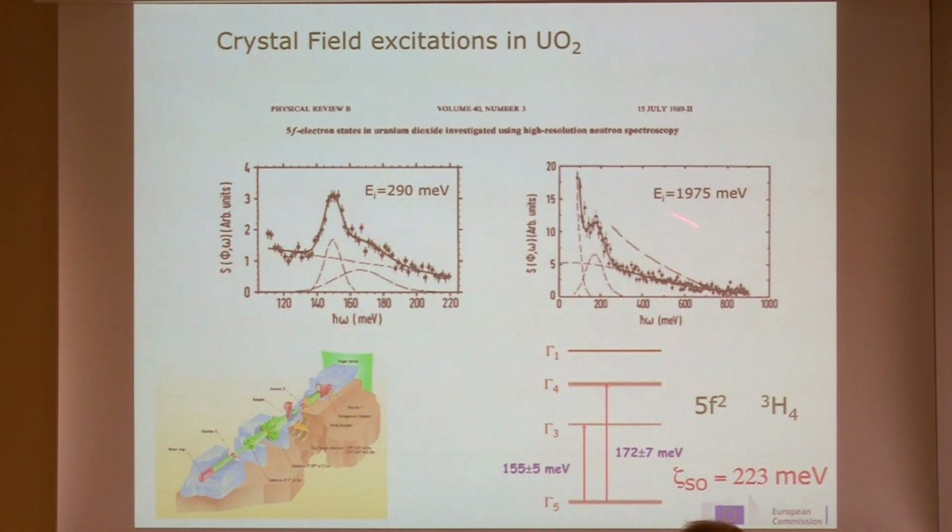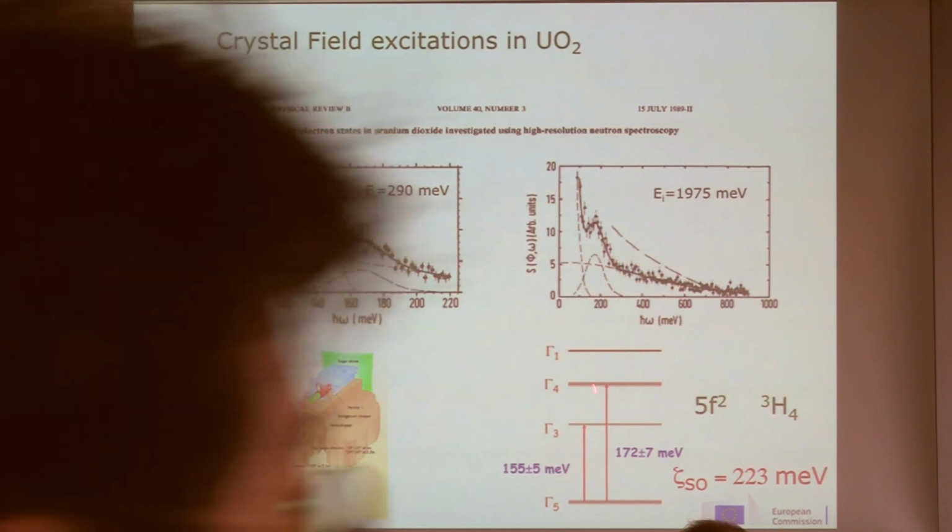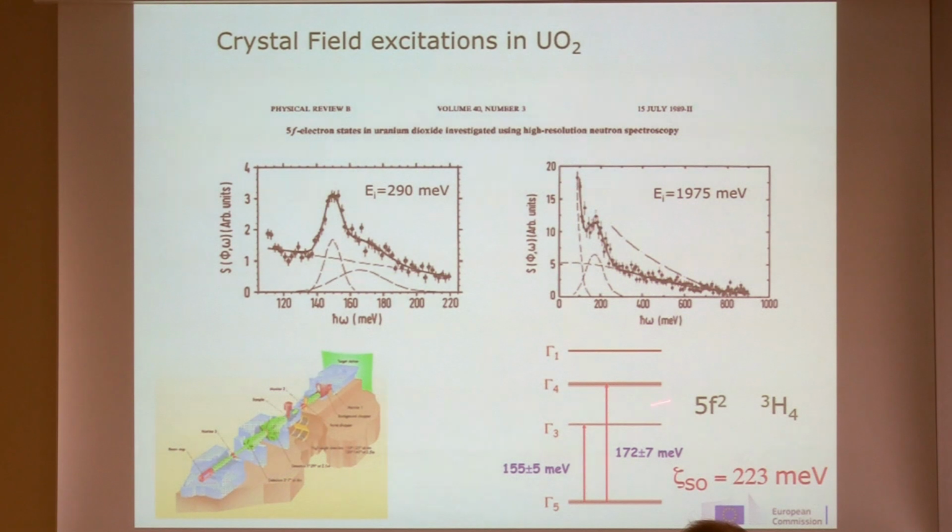So this was interpreted with a crystal field potential leading to a gamma-5 ground state, a gamma-3 triplet at about 155 milli-electron volt, and then a gamma-4 triplet and a gamma-1 singlet. The spin-orbit coupling in this system is 223 milli-electron volt. This was determined first from optical spectroscopy, and more recently we performed